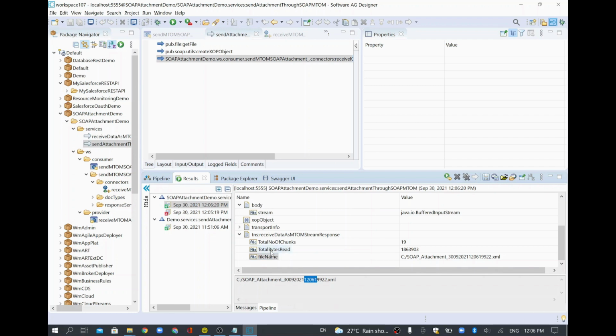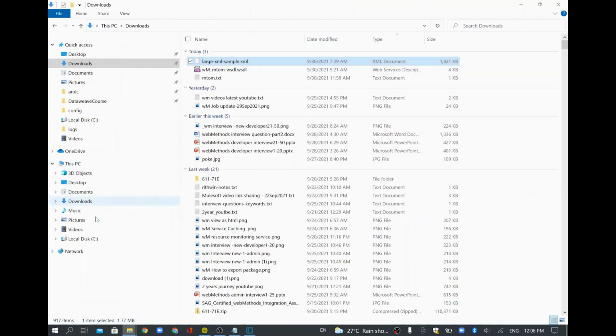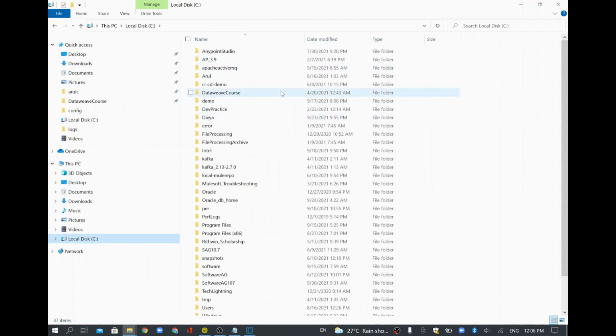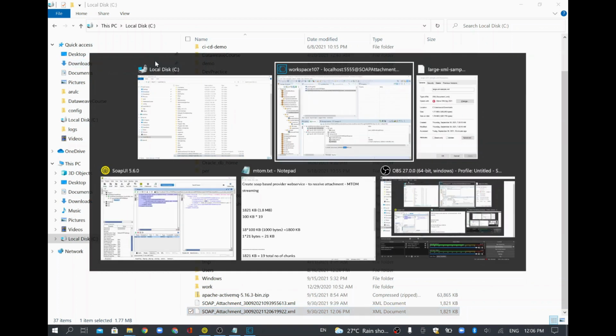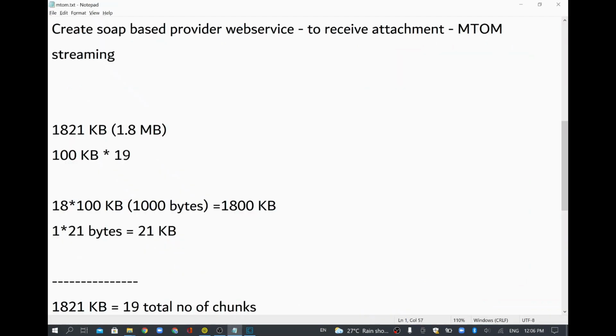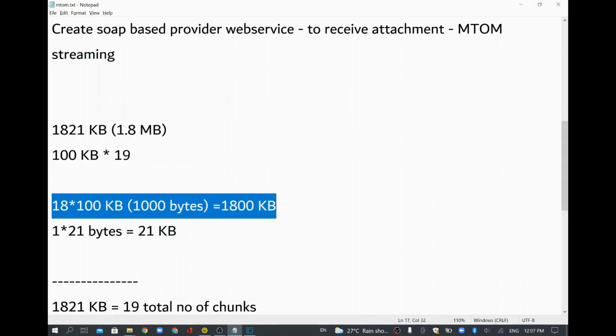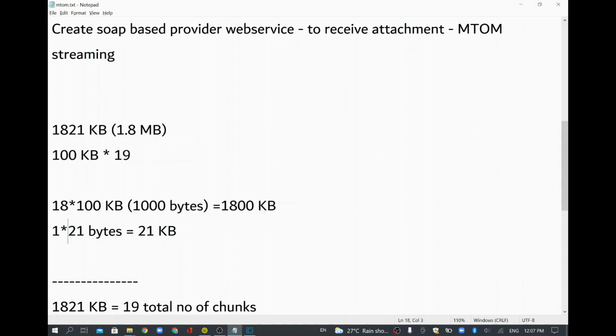And 12:06 is my time. So if you go and see the file in that location, where I'm writing, my web service is writing into this folder. See here, 12:06, one file with the same file size. So this way you can send any data. That's it. And only one thing I want to correct. Earlier when I explained, I told 19 chunks, which is correct, but the first 18 is 100 each, which is 1800. The remaining I did a typo here. I mentioned 821, which is 21, because already 1800 is there. Only 21 is remaining, which is our last chunk.